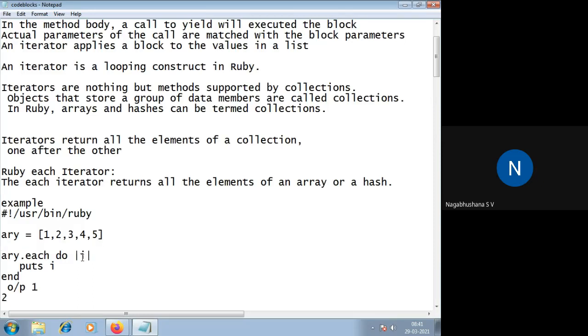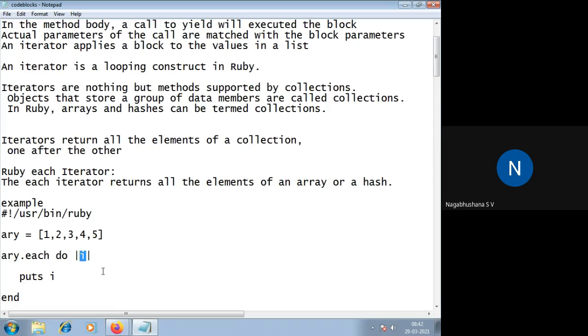I call these standing bars, and this is called a code block. I is called the object, and this opening and closing is called the code block. We are going to put the sequence of statements between the opening and closing of standing bars. So what happens here? Every time the line of execution comes to this second line, ARY dot each do of I, I takes a value of 0, 1, 2, 3 and 4.